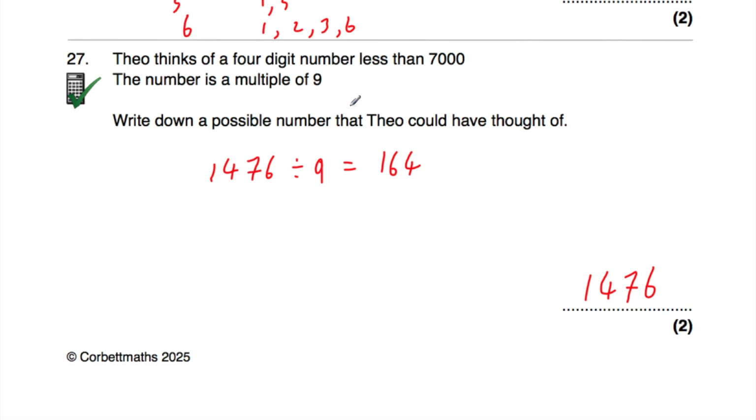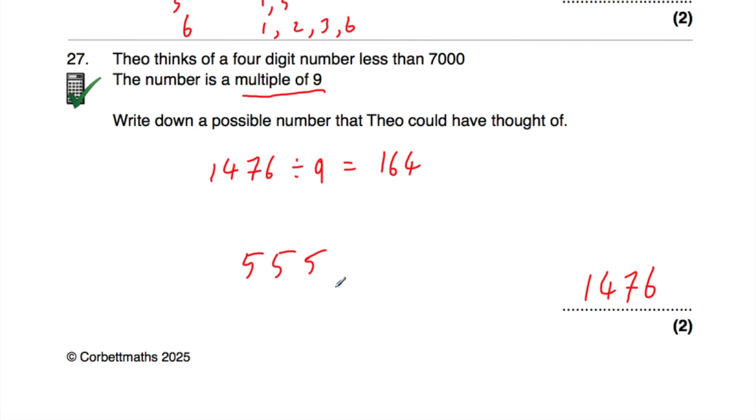And you could choose any 4-digit number that's less than 7,000, and as long as it's divisible by 9, and you can use your calculator to help you, then you can find a number that would work. And I also just want to show you the divisibility test, that if a number is divisible by 9, remember, then it's a multiple of 9. So for instance, if we chose